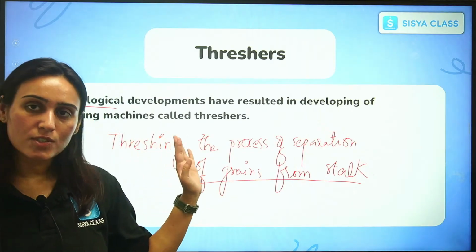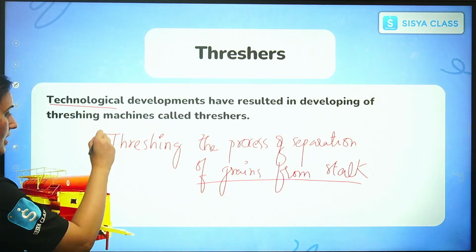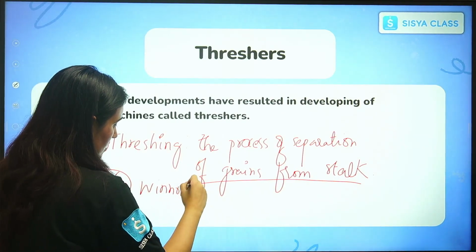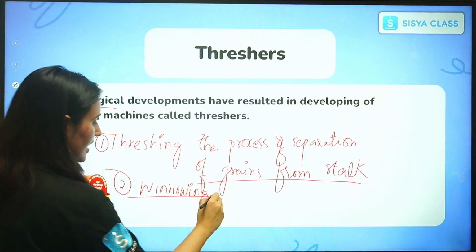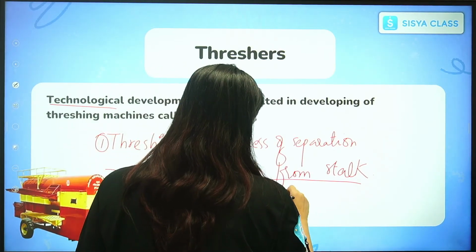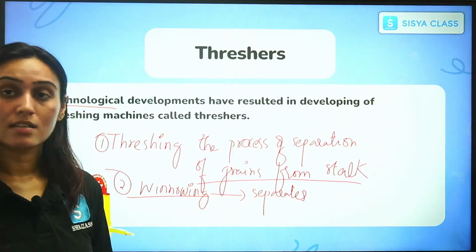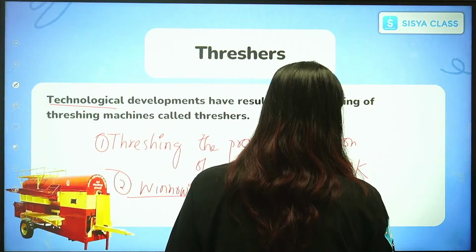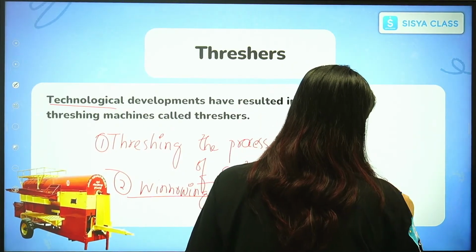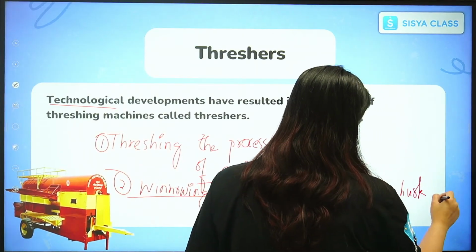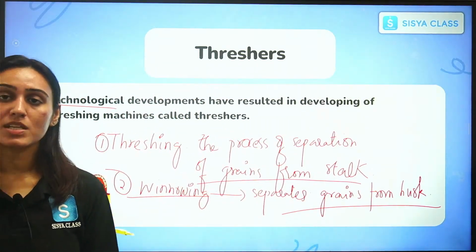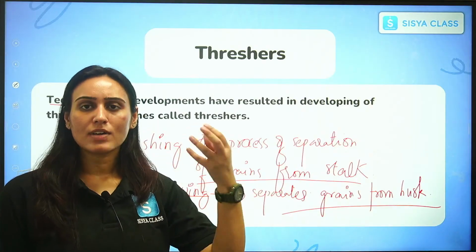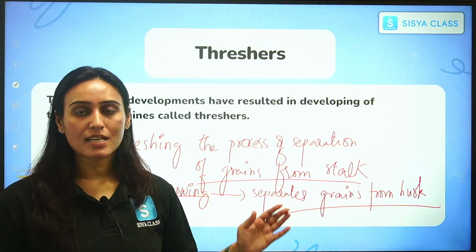So we are done with the first part, threshing. Then we have done another technique, winnowing, in which we separate out what? Grains from the husk. Okay, great. And what is the principle we have used here? The difference in density. What are we using here? We are blowing wind, we are blowing air, and by that we can separate out the grains from the husk,